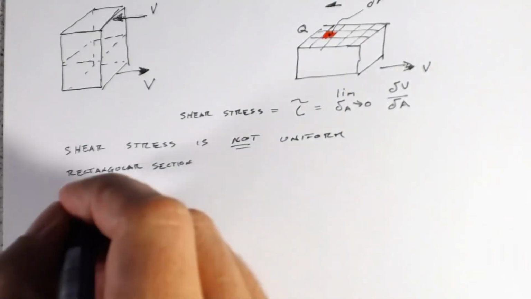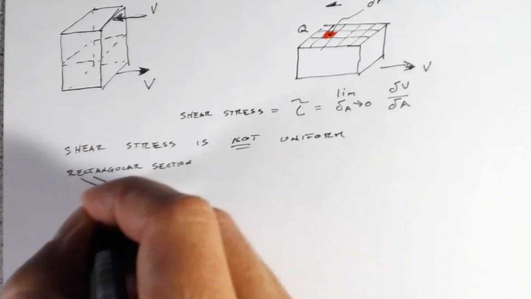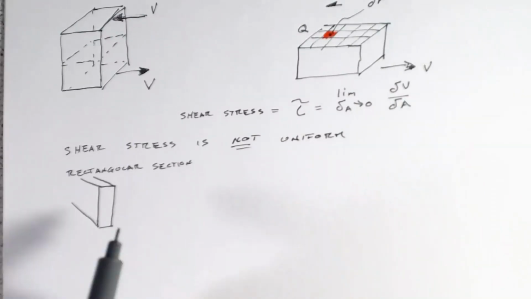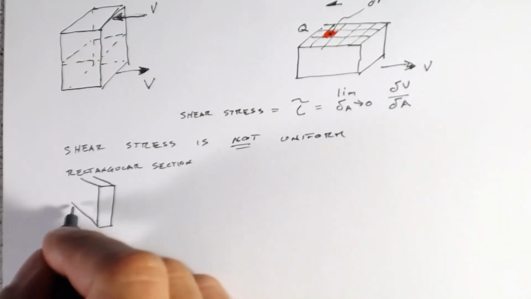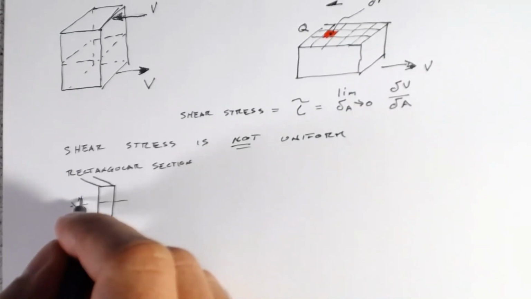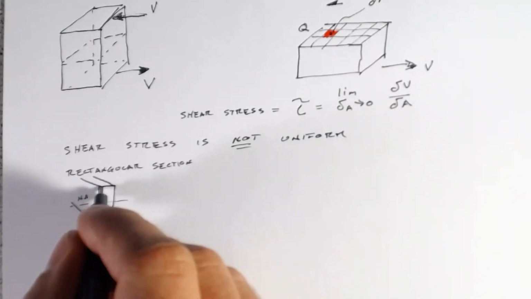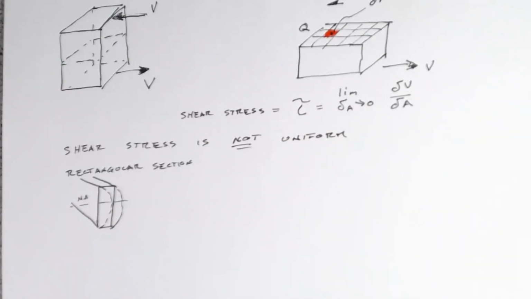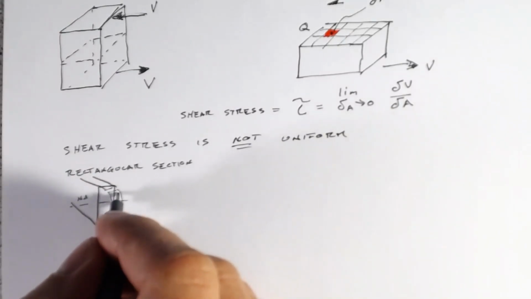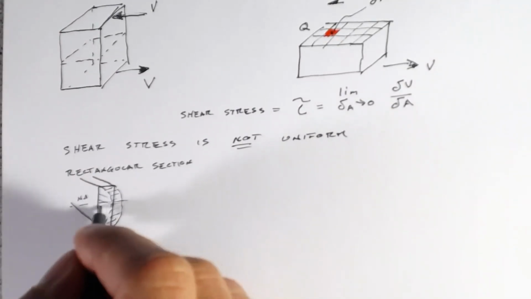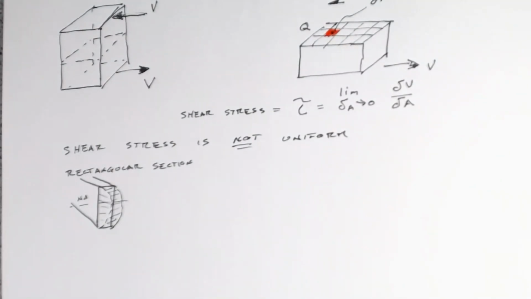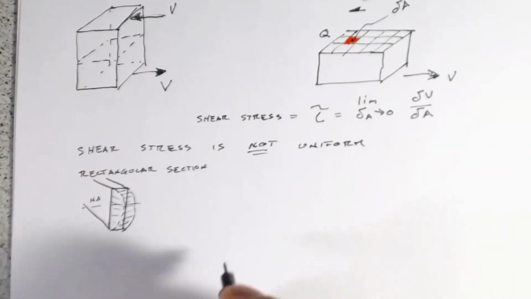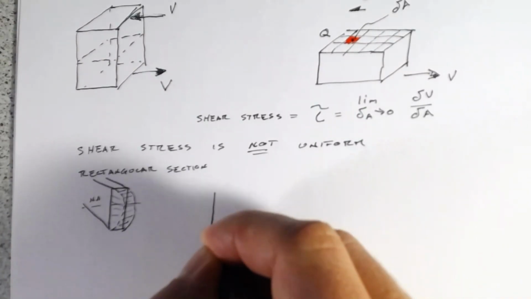Essentially for these shear stress profiles, imagine it's a prismatic section. It's got some neutral axis. What we're going to do is plot what the stress distribution is over that volume of stress, and then we'll look at it from a section and then a cross section view like this. So for a rectangular section,